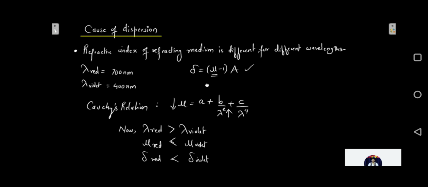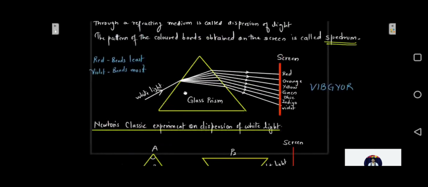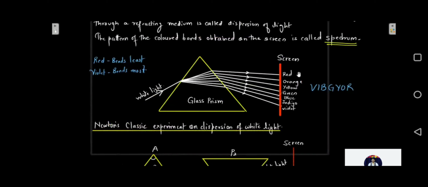If you see the figure which we had drawn, the first one is the red light, which is deviated the least. If you compare it with the incident light, and produce the incident light and the emergent rays, you will see that this angle will be smaller than this angle. That is, the angle of deviation for red will be much smaller than the deviation for violet. So that is the reason.